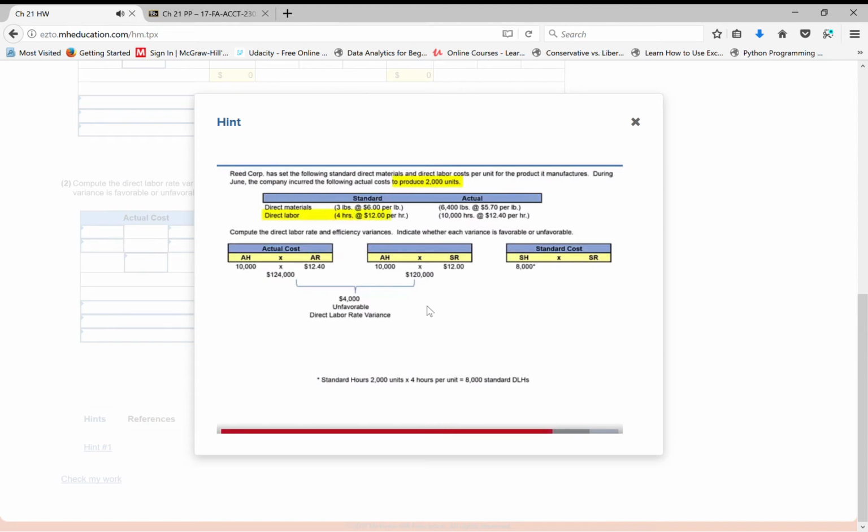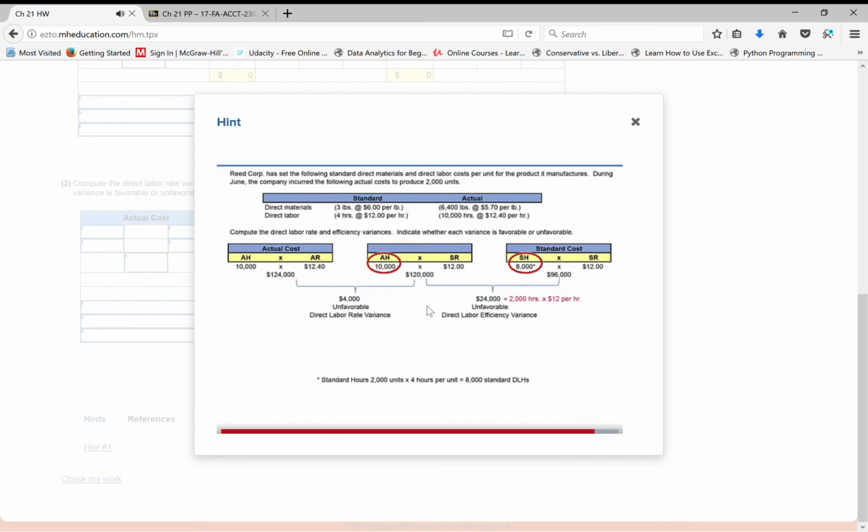8,000 standard hours at a standard rate of $12 per hour is a total standard cost of $96,000. The difference between the actual quantity at the standard rate and the standard quantity at the standard rate is a direct labor efficiency variance of $24,000. This variance is unfavorable, as the actual hours were more than budgeted, 2,000 additional hours at a rate of $12